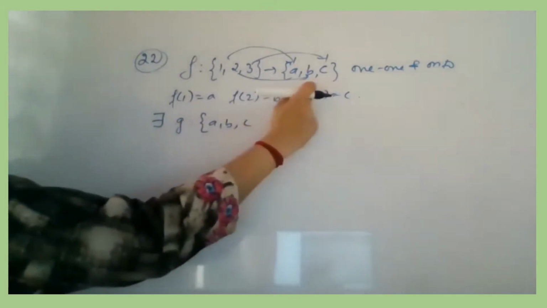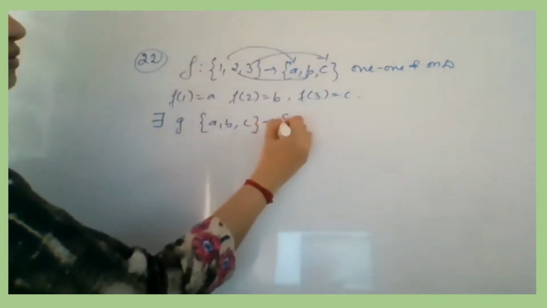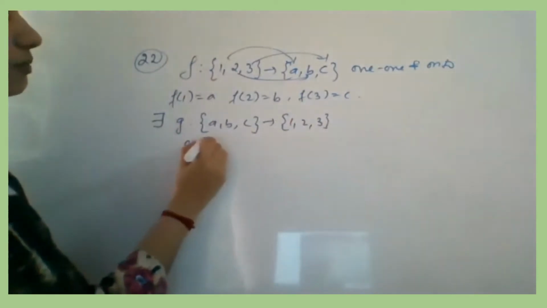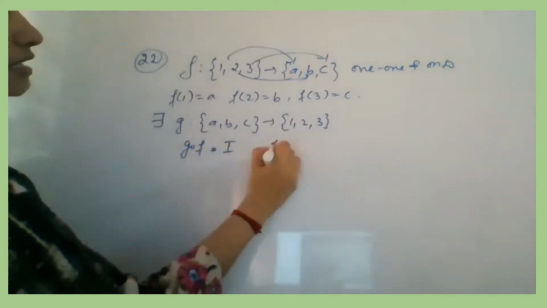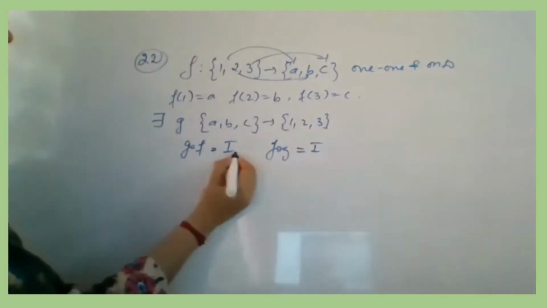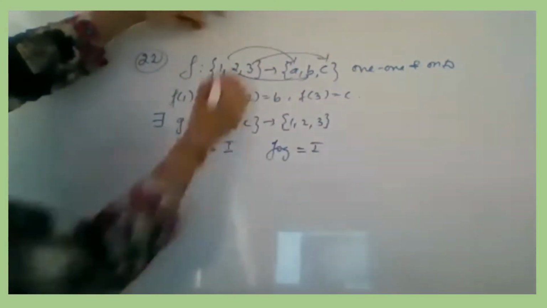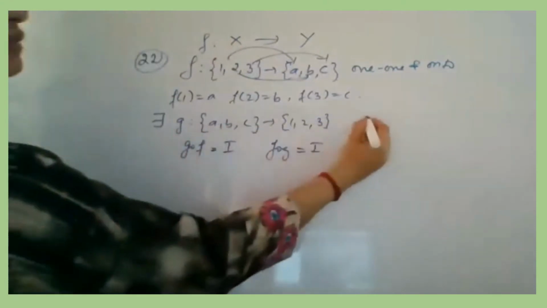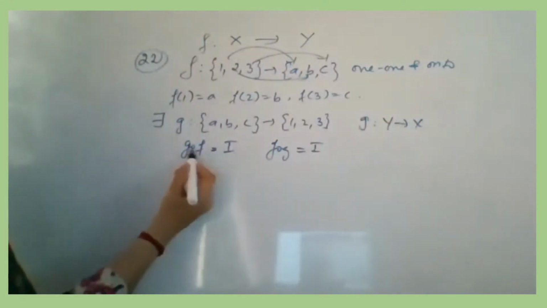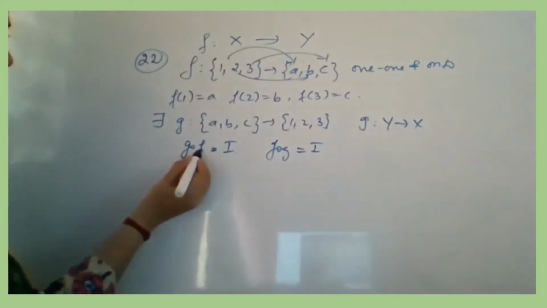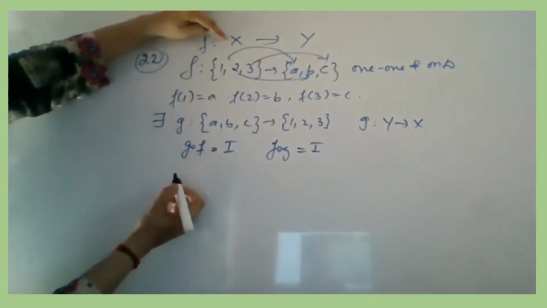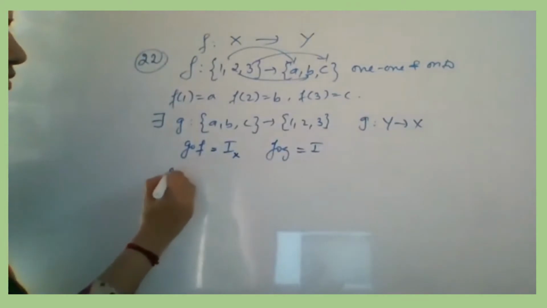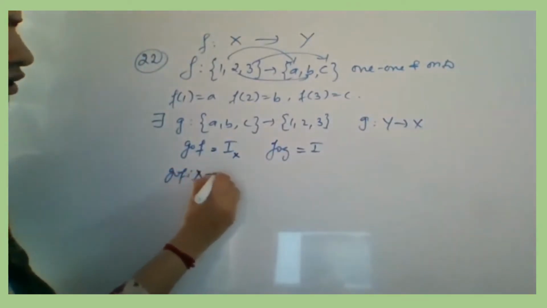to 1, 2, 3, in the opposite direction, so that you will get the composition, that is G composition F, you will get I, as well as F composition G is giving you I. But the suffix says that they have taken set 1, 2, 3 as X and set ABC as Y. That means F is from X to Y and G will be from Y to X. So when I define G composition F, I will start with F, that means the set X. I will take an element from the set X, reach Y, and from Y to X. So this will be your suffix IX because G composition F is from X to X.